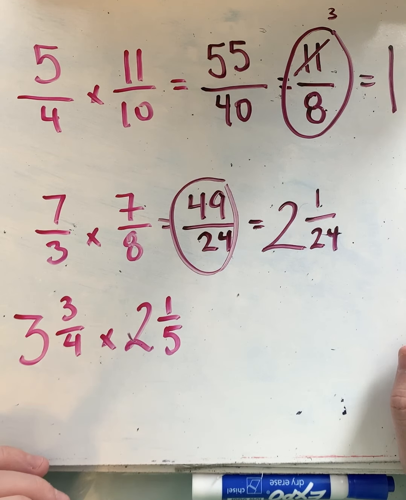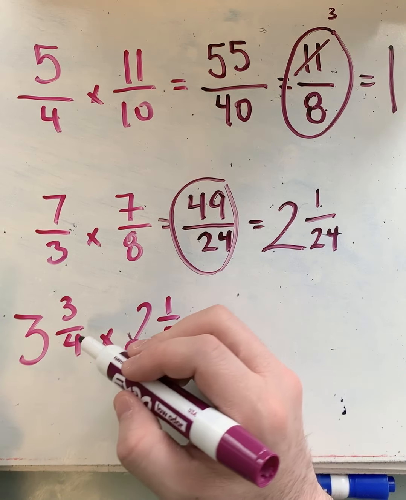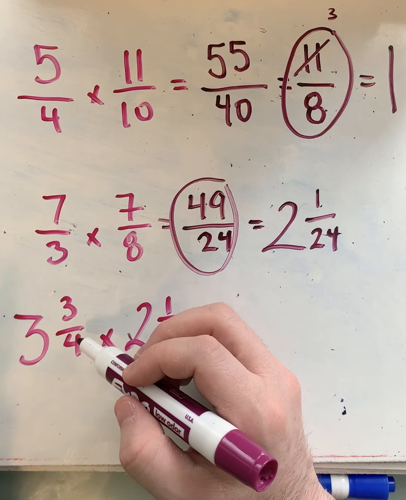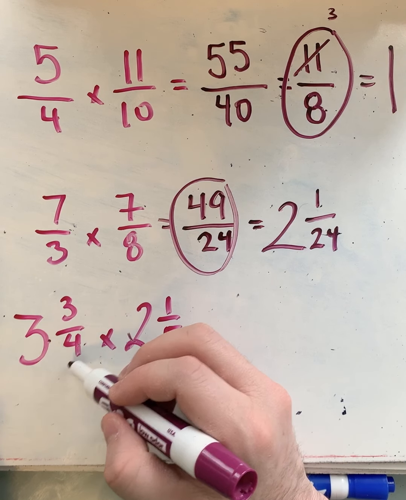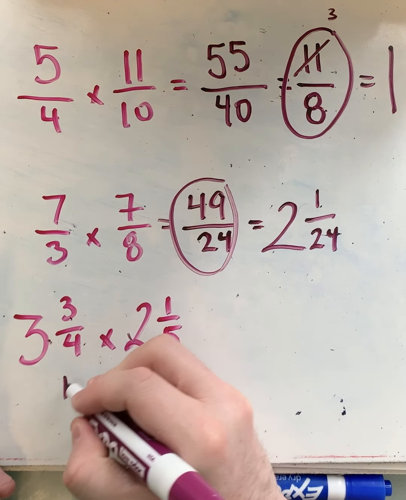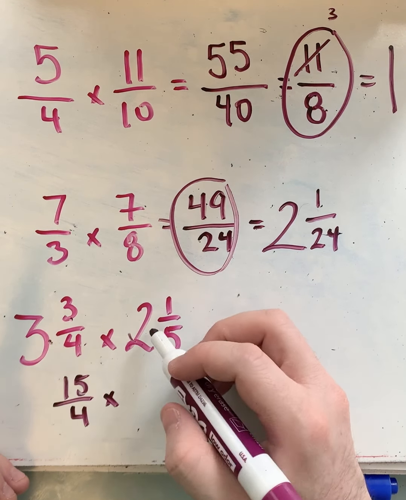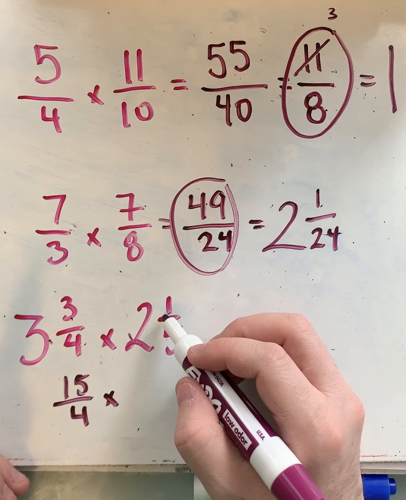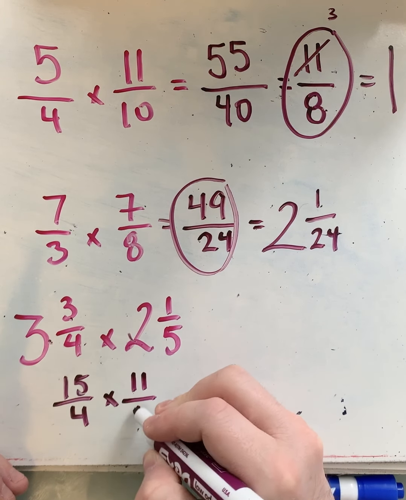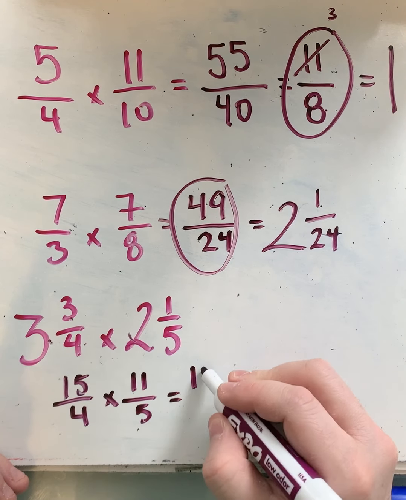So in this case, we need to do what first? We need to turn them into improper fractions. So like we talked about in the last class, 3 times 4 is, so we multiply it this way. 3 times 4 is 12. 12 plus 3 is 15, and we keep the denominator. So 15 over 4. 5 times 2 is 10, plus 1 is 11/5. And now we'll just do the math. 15 times 11 is